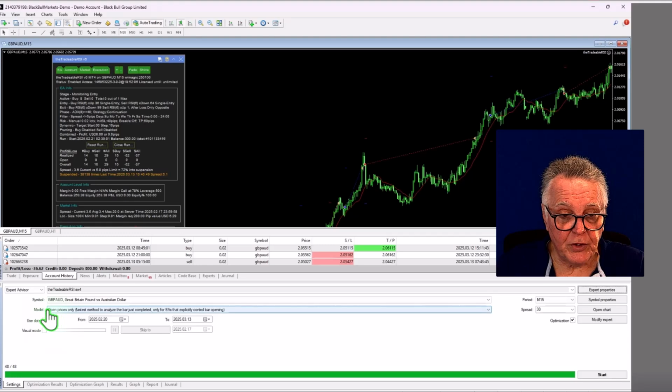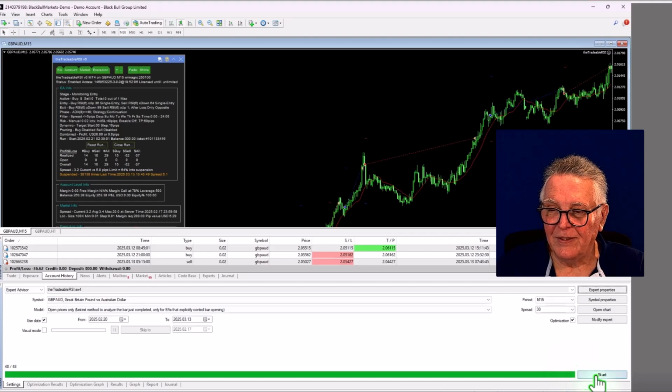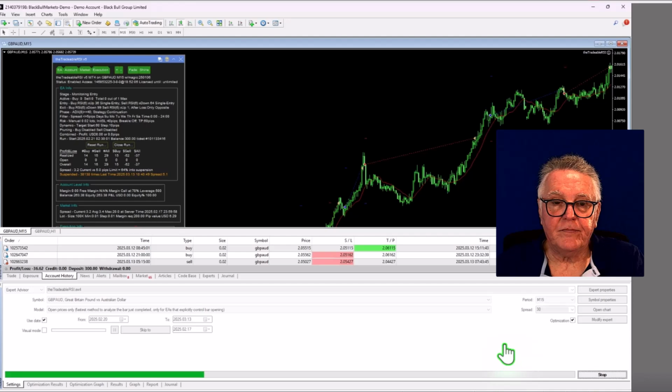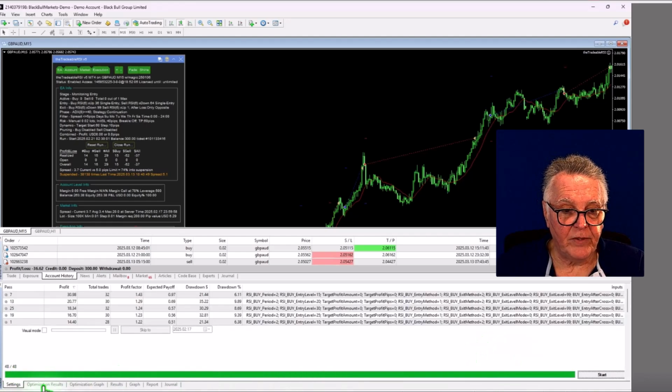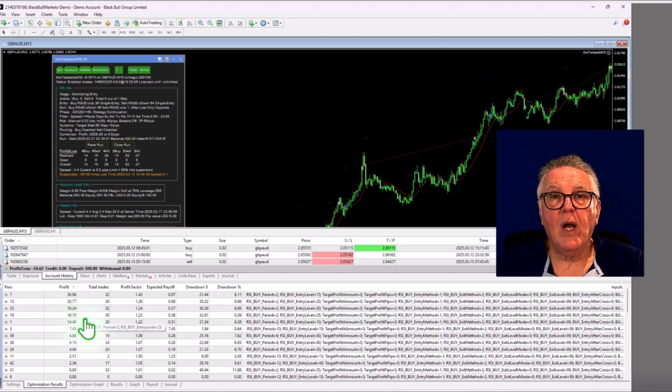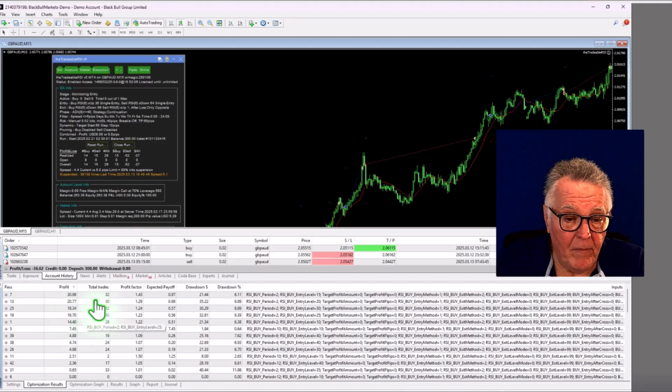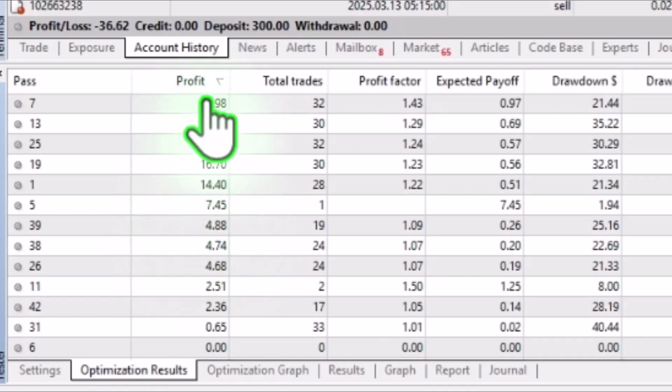And I've also turned this into open prices because we're using broker history that has only got open price candles, and we're going to then say, okay, optimize, and we go start. Oh, and it's pretty fast. 48 optimizations were done very quickly, and there we go. How is that? Incredible improvement. There you can see the top result 30%, but let's just make